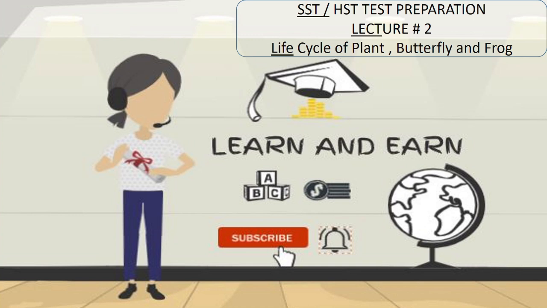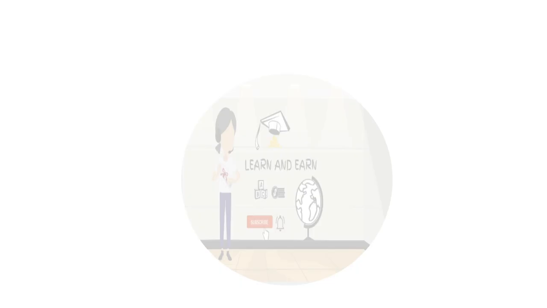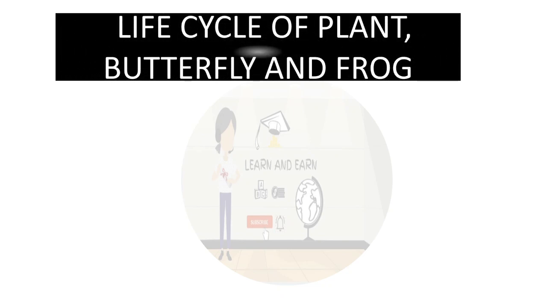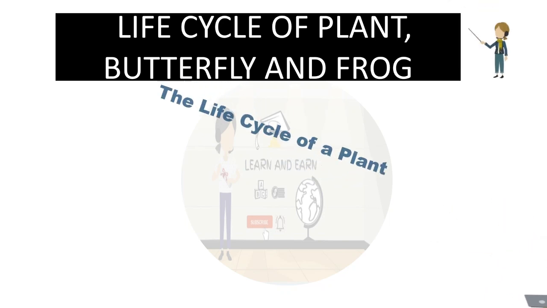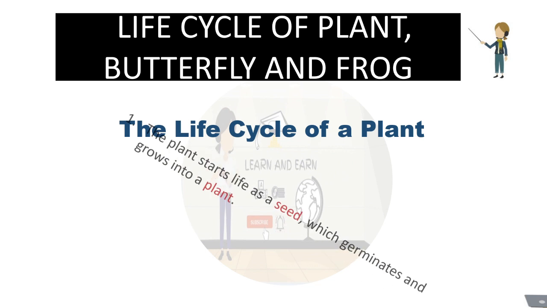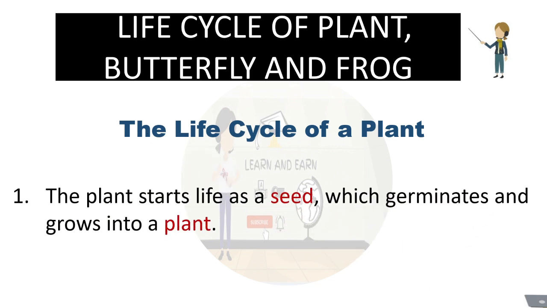The important MCQs of the topic. The name of the topic is life cycle of plants, butterfly and frog. Life cycle of plant. MCQ number 1 is, the plant starts life as a seed which germinates and grows into